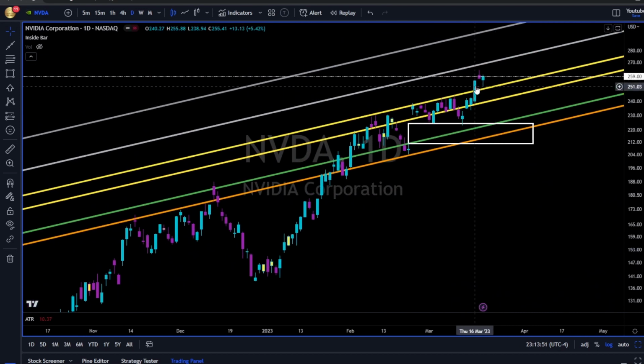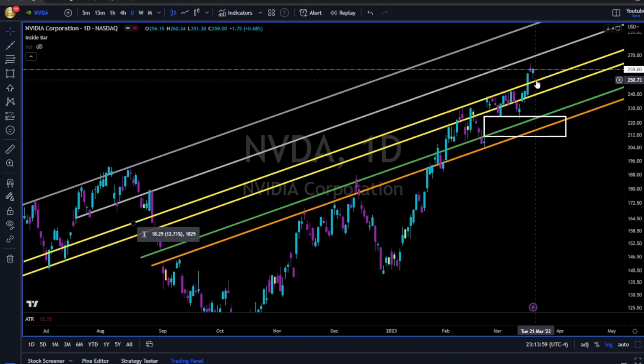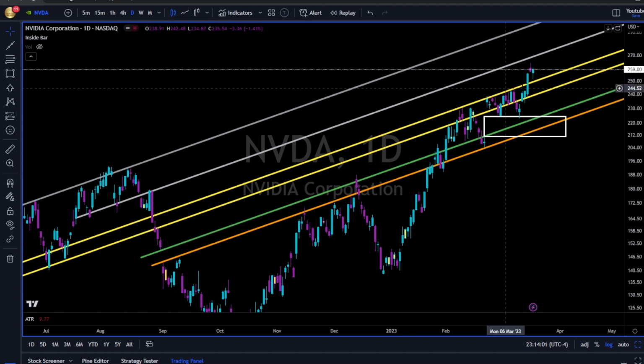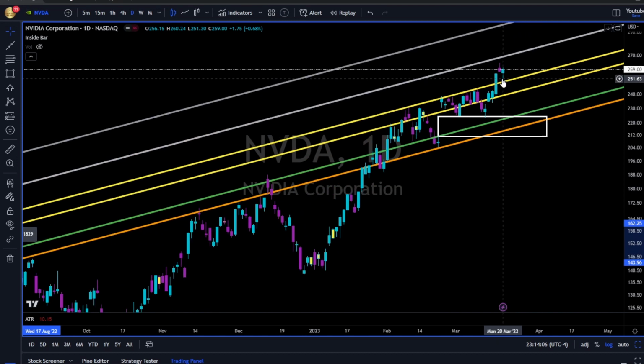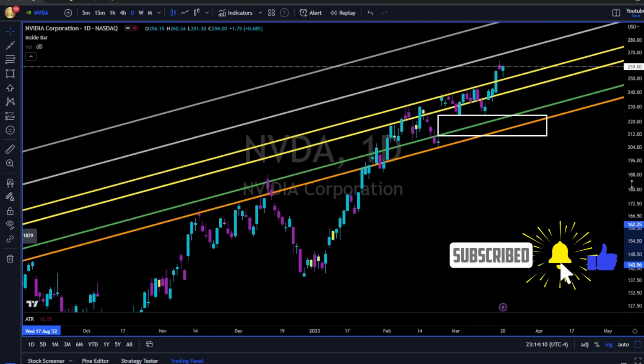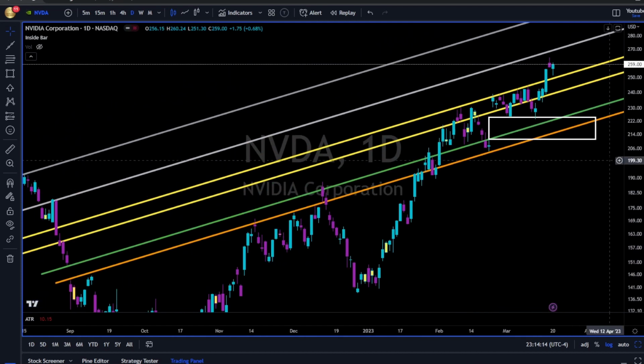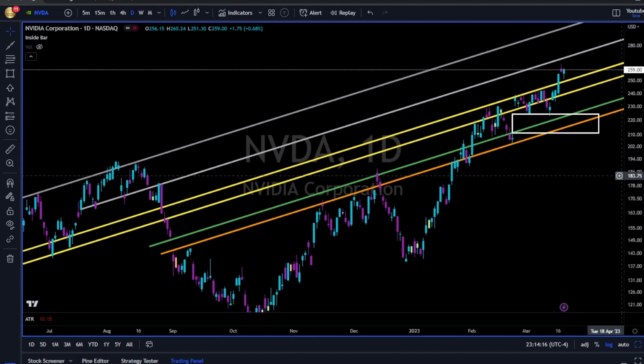NVDA, after breaking up and above this trend line, and you know these trend lines because we are following these trend lines for the past few weeks, and now breaking above this yellow trend line, now testing it as support, from resistance to support. Trend lines are the true support resistance for price action,